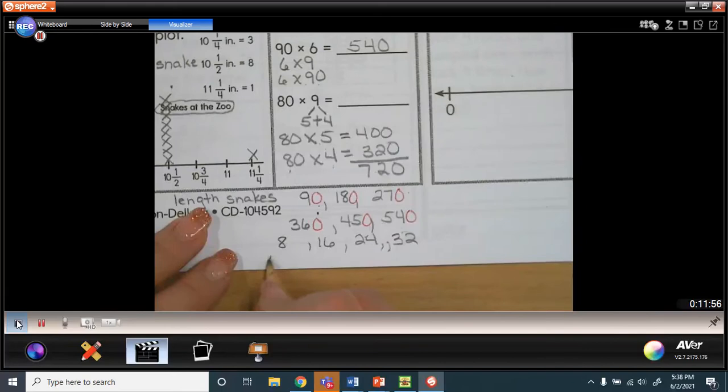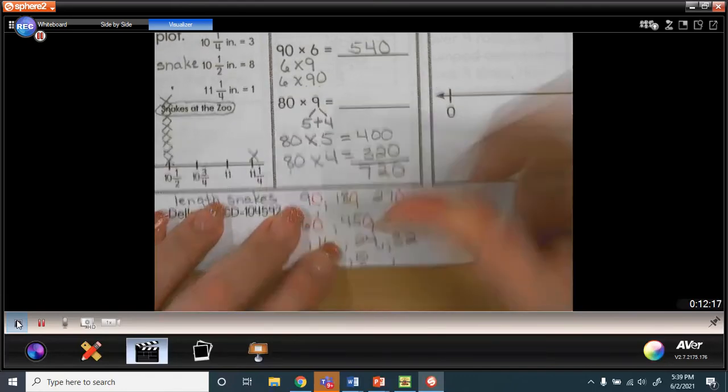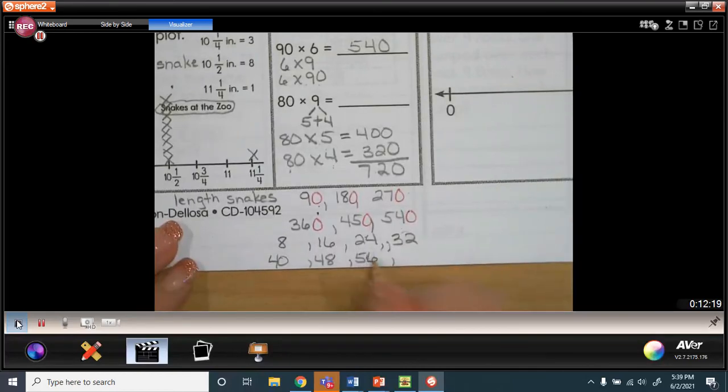Then I have 5 groups, 6 groups of 8, 7 groups of 8, and finally 8 groups of 8. Let's see, 40, 48, 56, excuse me, that's my fault, 56, then 64,